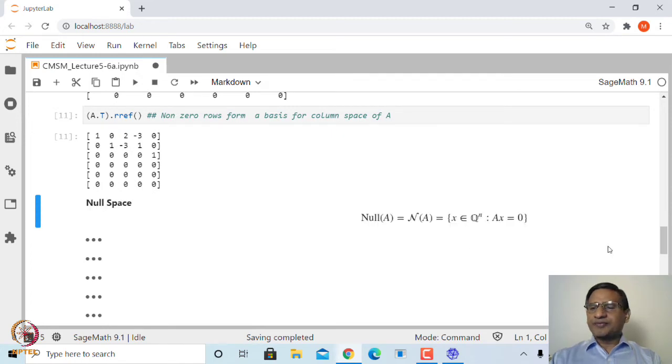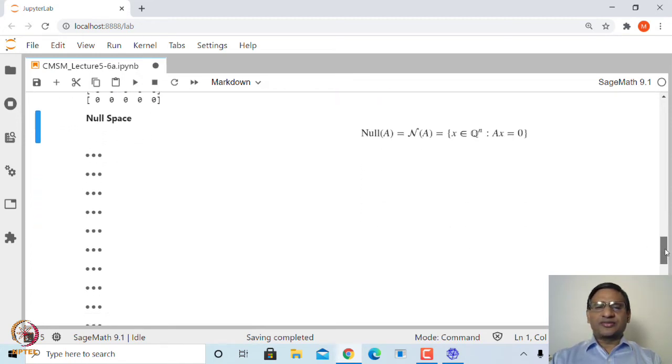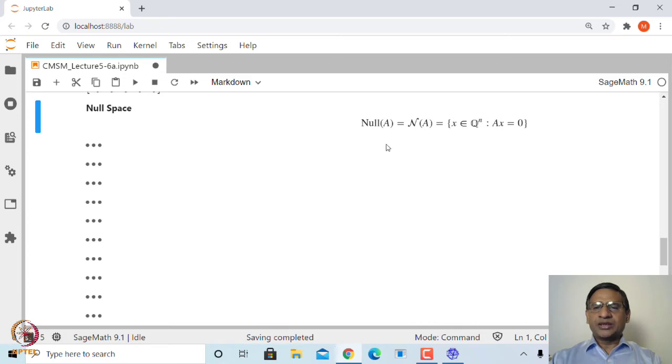Now, there is another subspace associated with this matrix A, called the null space of A, or in terms of linear transformation, the kernel of A. This is the set of all x in Q^n such that A times x is equal to 0. That is the solution set of this homogeneous system of linear equations. Let us see how we can find this null space of A.